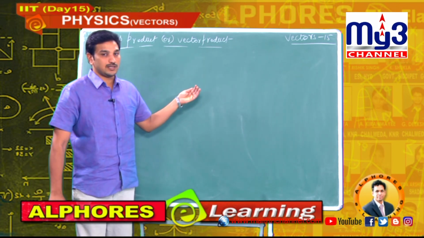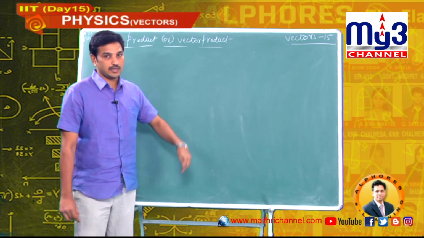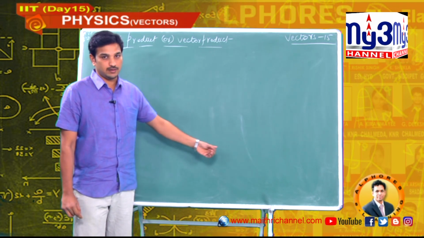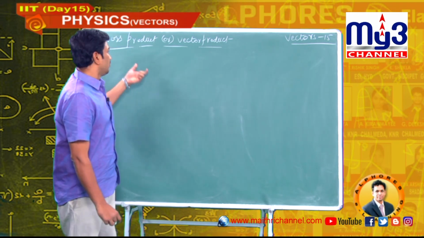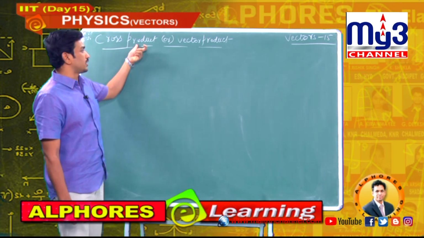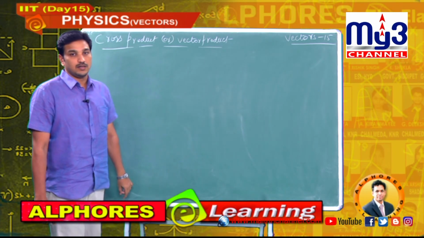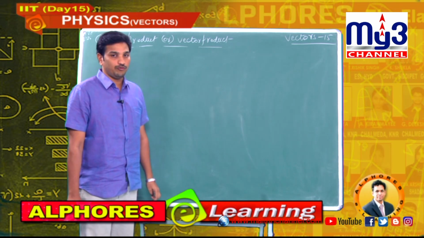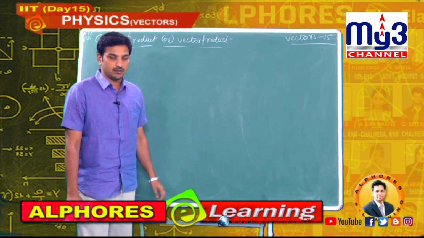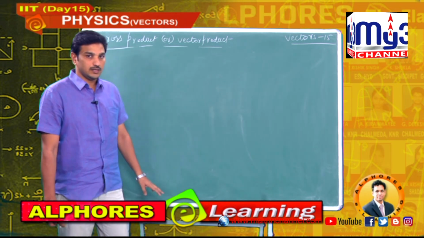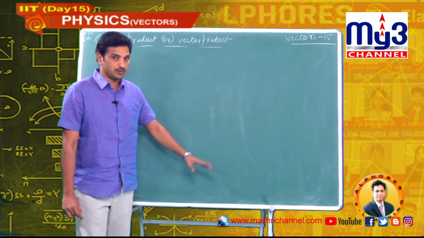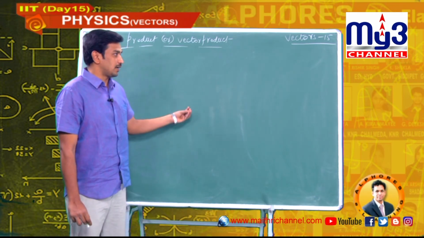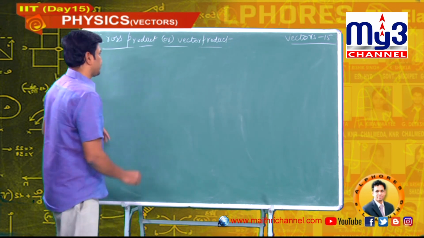Before going to discuss vector product or cross product, I will recall what we discussed in the last class. The cross product of two vectors is a vector. How do we find the cross product between two vectors? We solved it with two methods. In general, we will use the second method. So now we will continue with some examples of cross product.